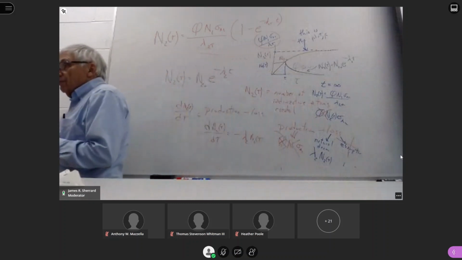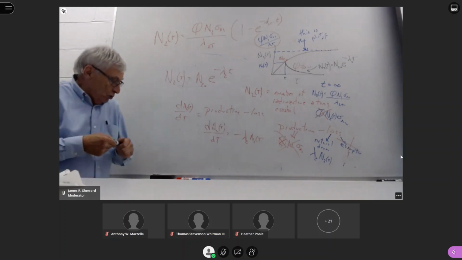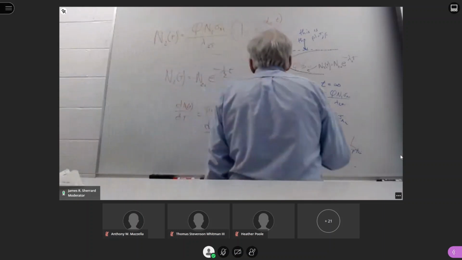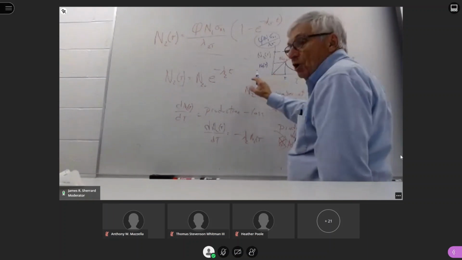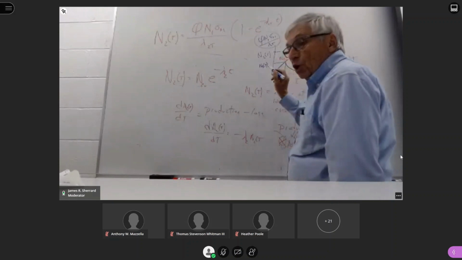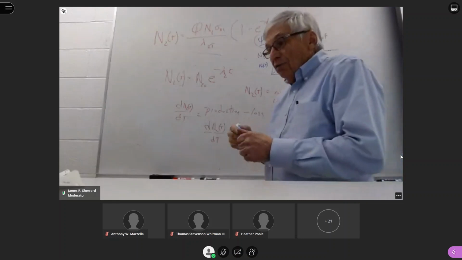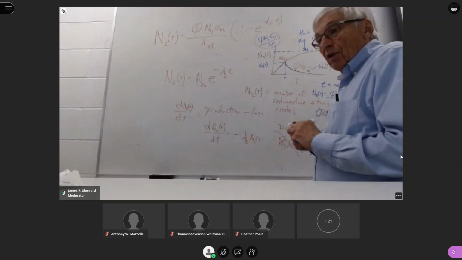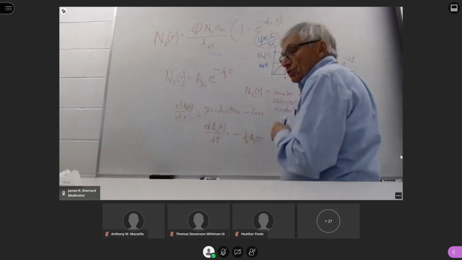Any questions on that? Okay. Suppose we had this system going, we put our target in there, we started up our flux, and we're producing along this line. All of a sudden, we lose the reactor, the flux goes to zero, and it starts to decay. And then the technicians are able to fix it, and they turn the flux back on. What happens then? Wherever this point is where you fix the reactor,